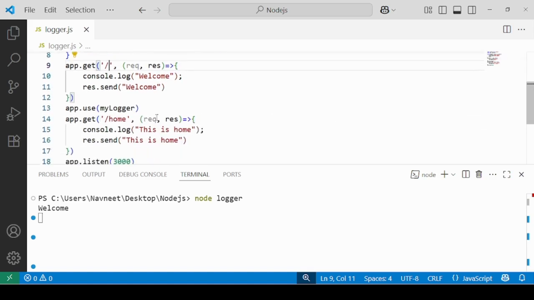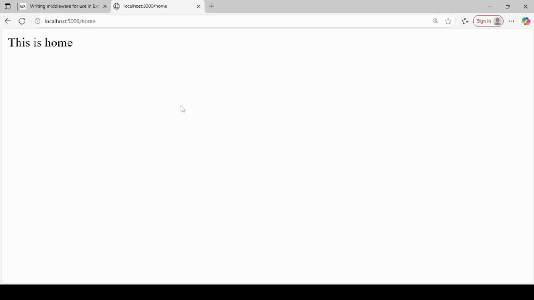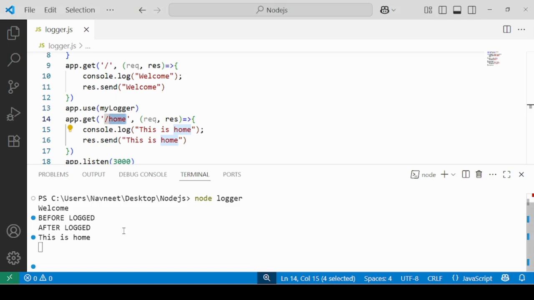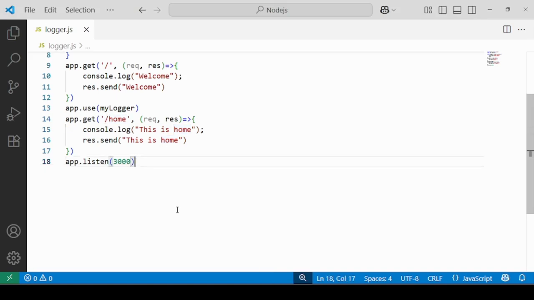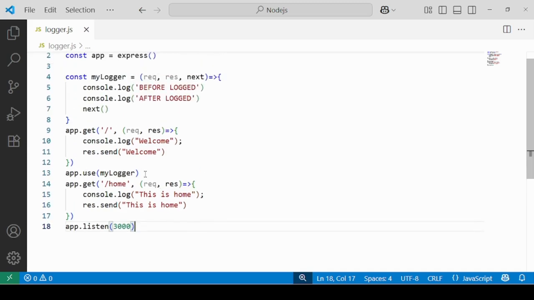Now let's go to home. I'll go to home/home. It prints this is home, so great. Before logged, after logged, this is home.